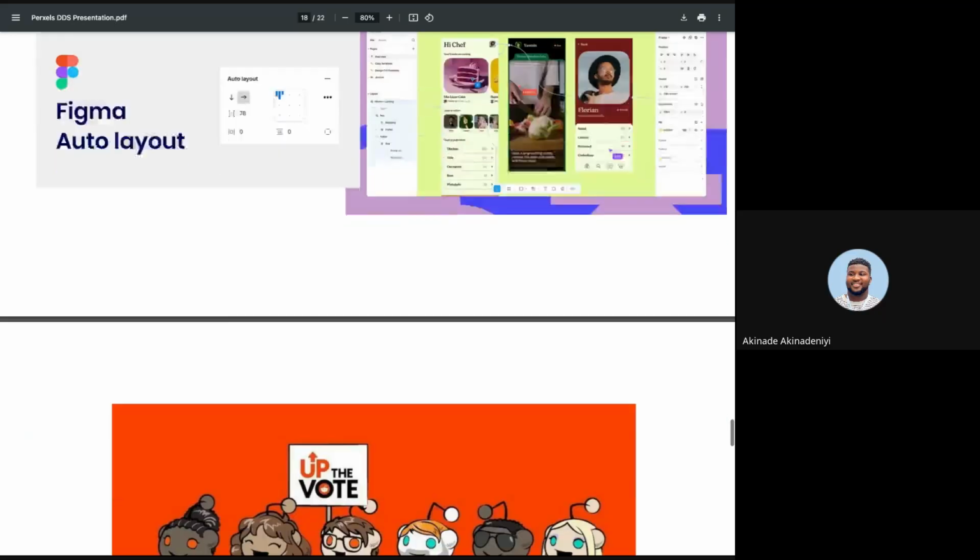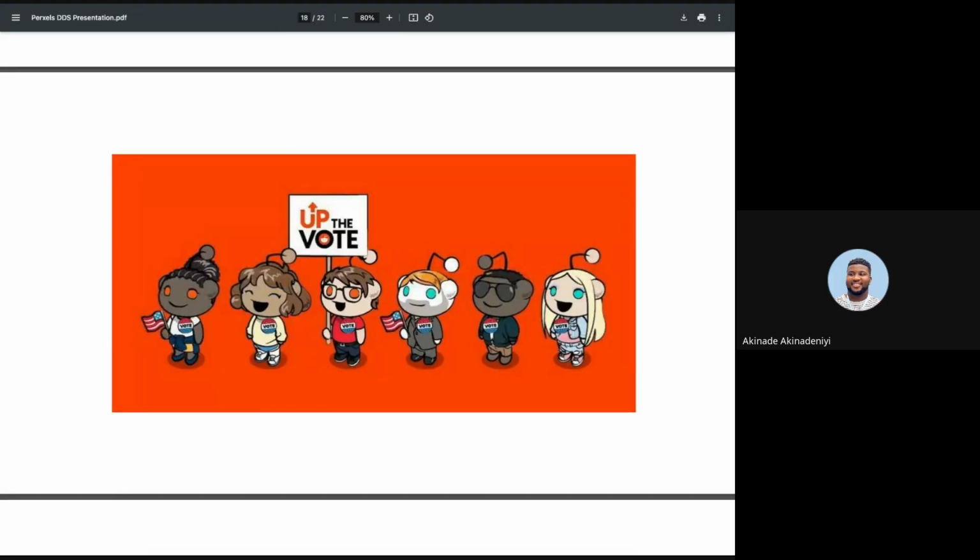Reddit is another platform. Reddit's entire platform is built on user feedback and engagement, and that's why Reddit has stood the test of time. They have this voting system that allows people to decide which content appears on top of the feeds. It's been there for years and it's been working for them, ensuring that the most relevant and valuable discussions stay visible. So if somebody reads your post and it feels like it's trash, you just downvote it, and then the post will just die a silent death.